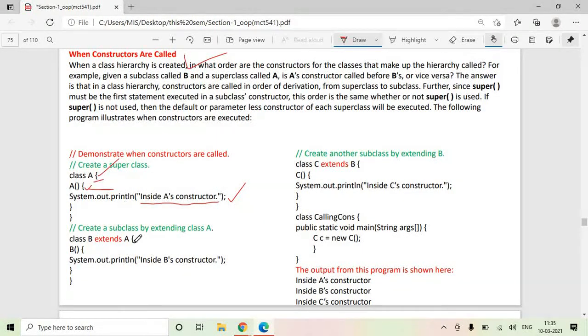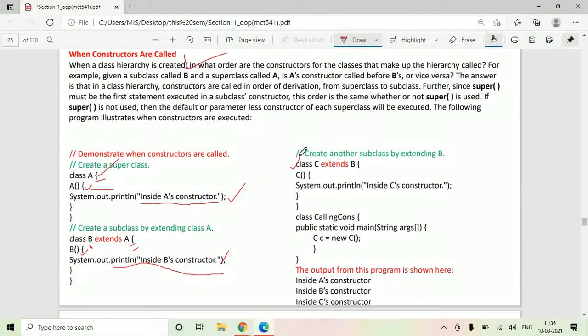Now from class A, we have created a class B. Class B extends A. So class B is derived from class A. We have B's constructor. A simple line is mentioned inside B's constructor. Whenever this constructor is called, you will see this message on the screen.